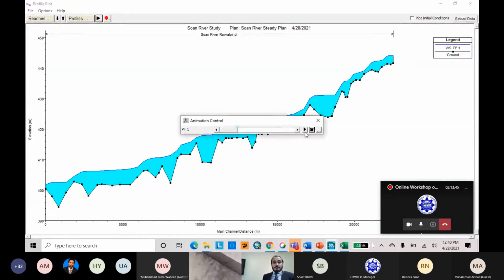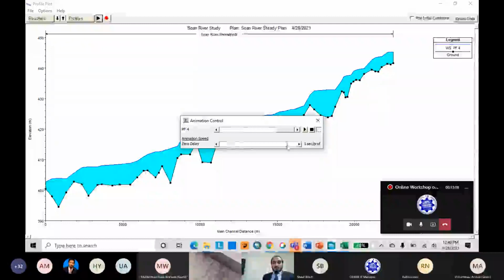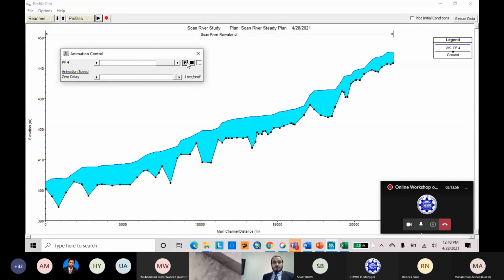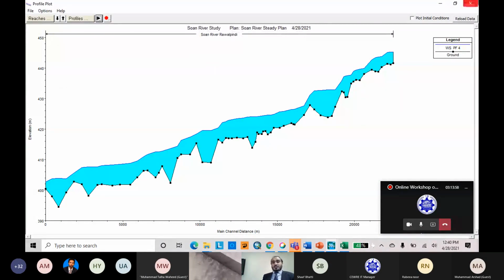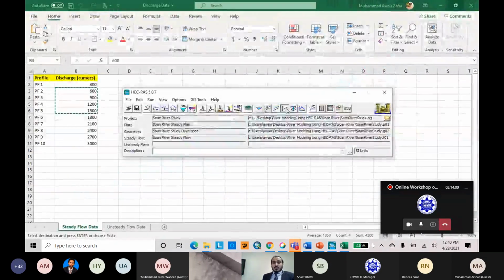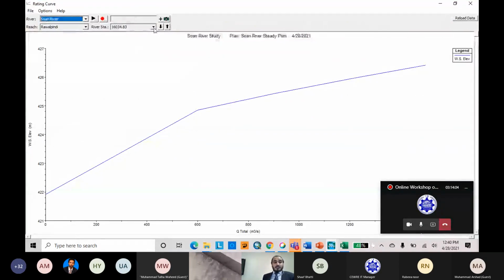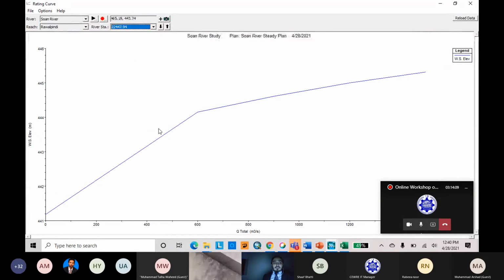You can animate them. This is the animation tool. These are the rating curves against each cross section.